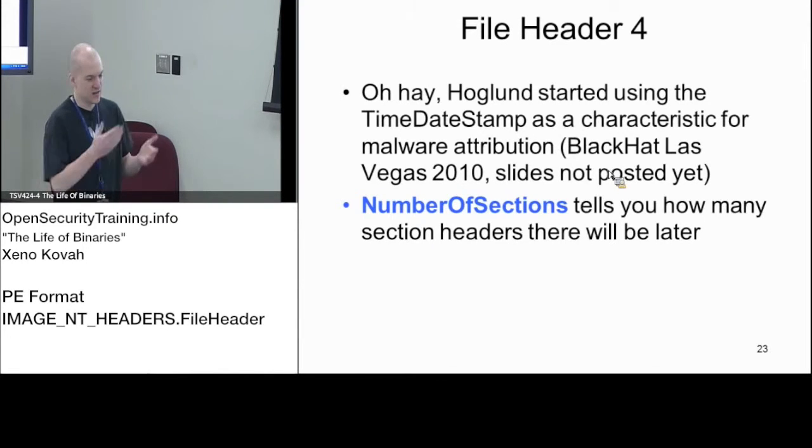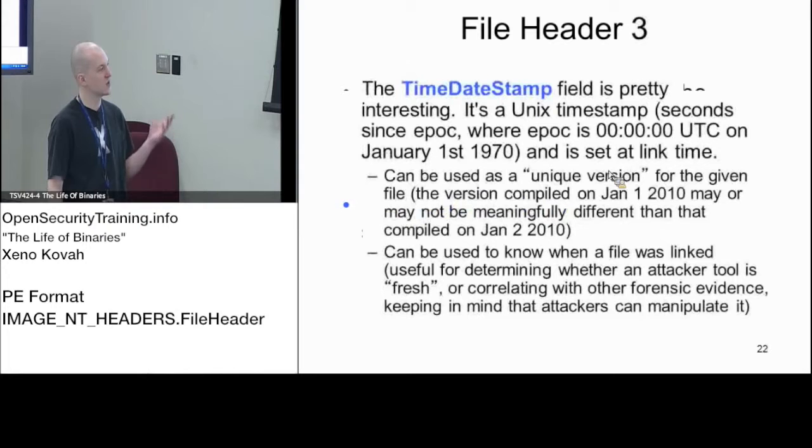where he was saying, here are all these different chunks of the PE file format that help indicate, when an attacker has compiled something, what the compile directory was and things like that. He was talking about attribution, but it's the sort of circumstantial attribution where if an attacker is not aware of these things, then they're just going to do the same thing and they're not realizing that they're leaving behind this evidence. So time date stamp is a big one because it will say when this file was compiled,